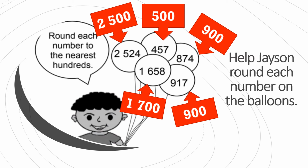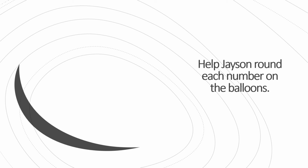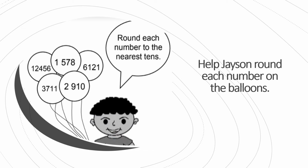The rounding digit is 6 and next to it is 5. Is it round up or round down? Very good again. It's round up because it is 5 or greater than 5. Now the final answer is 1,700. Fantastic, class. Again, let's help Jason round each number on the balloon. But this time, round each number to the nearest tens. Okay? So for the first balloon,